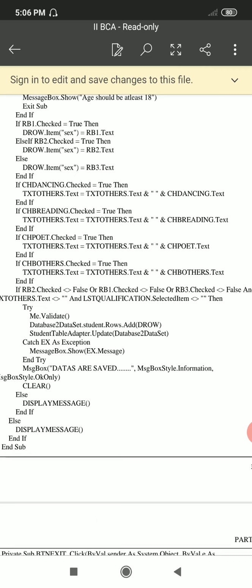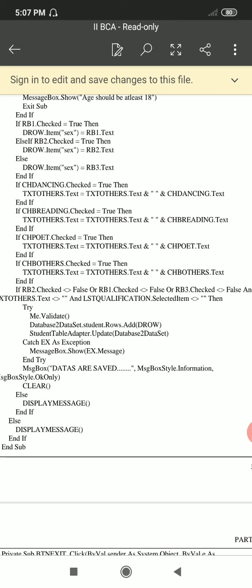Okay. And see here this ch dancing dot checked, what is that? That is a checkbox, isn't it? You are assigning the value of that checkbox to txtOthers, and txtOthers is a text box, and it will append that text with the selected checkbox items you have selected plus the others, the text of that text box.